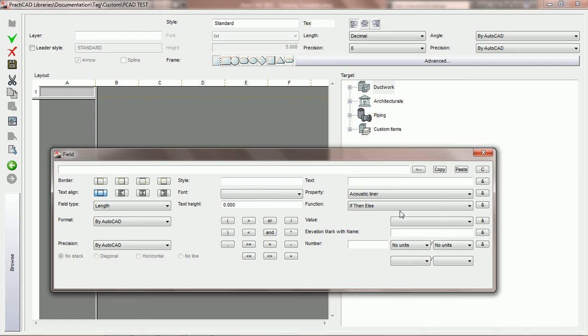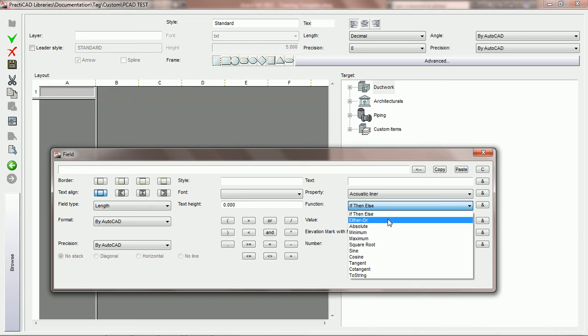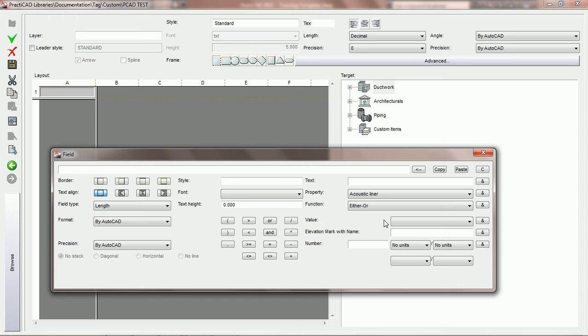The second logic set we offer under the function section is the either or function. Now, if mastered, if then else can replicate anything the either or function can do. You can use if then else for every single logic scenario we would ever create inside PractiCAD. However, the either or function is very easy to use and can be handy if we run into a situation